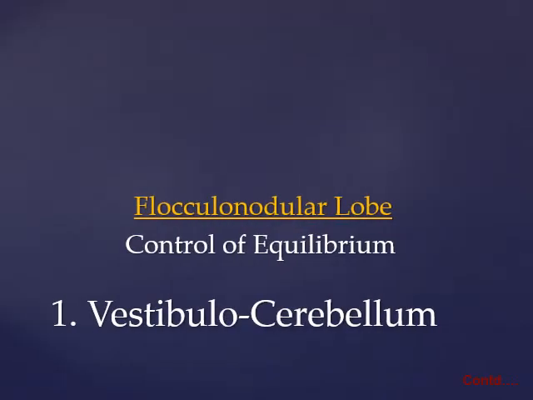So as the name indicates, vestibulocerebellum controls equilibrium, of course, because it is in direct contact with the vestibular nuclei. It consists principally of the small flocculonodular cerebellar lobes that lie under the posterior cerebellum and an adjacent portion of the vermis. It provides the neural circuit for most of the body's equilibrium.